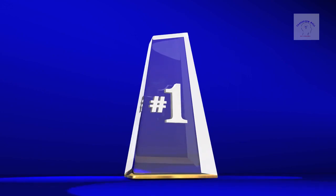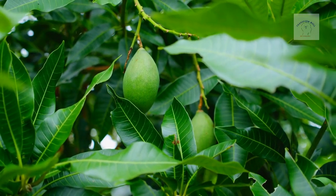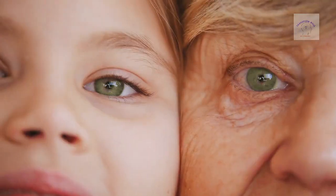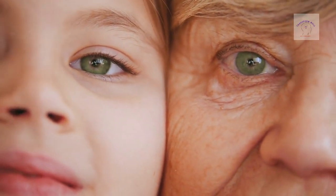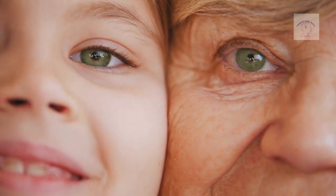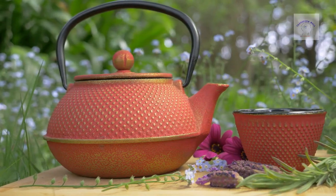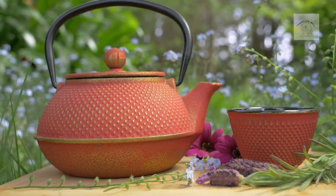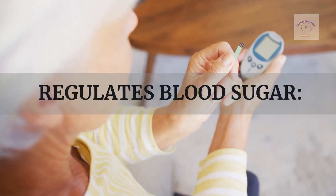for them. 1. Antioxidant powerhouse. Mango leaves are a treasure trove of antioxidants, including phenols and flavonoids. These powerful compounds help protect our cells from damage caused by harmful free radicals, which are unstable molecules that can contribute to aging and various diseases. By incorporating mango leaf tea into your routine, you can boost your antioxidant intake and support your body's natural defense